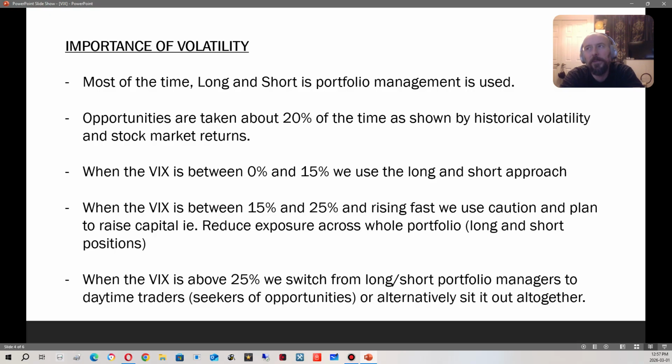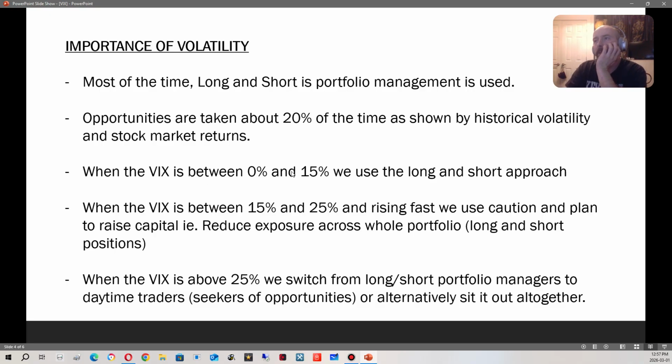That's mostly option trading. With this long and short, I will be focusing on running a long short stock portfolio like I have been, but this also creates, like VIX above 25% creates many opportunities. It's just they're not really long and short portfolio. They are more in the options, but still very important to know about.